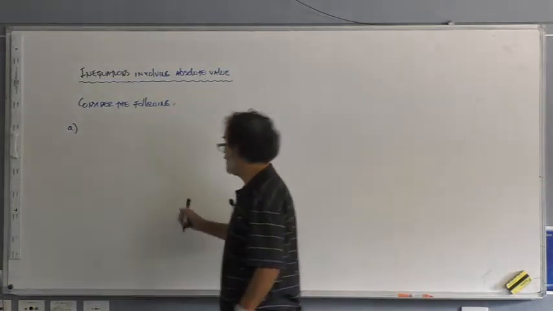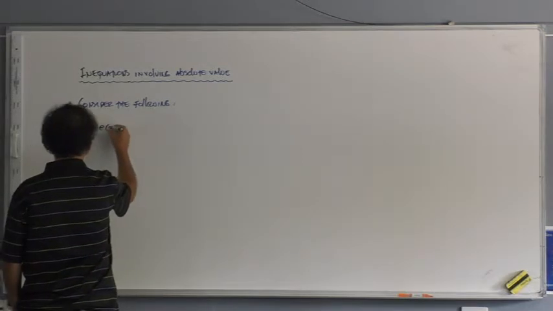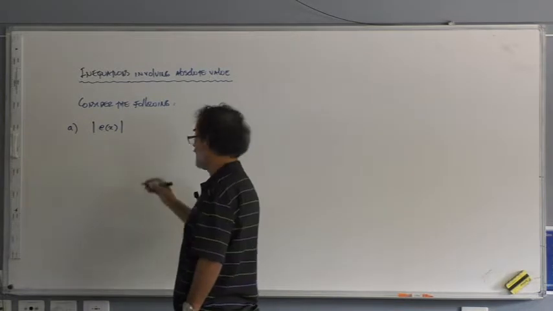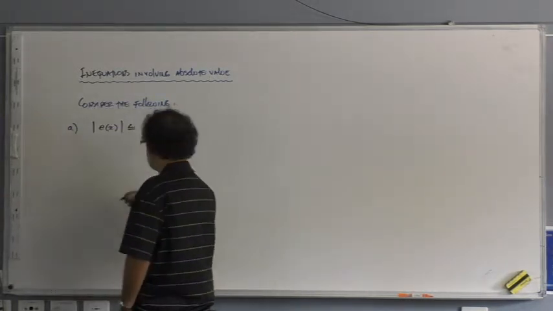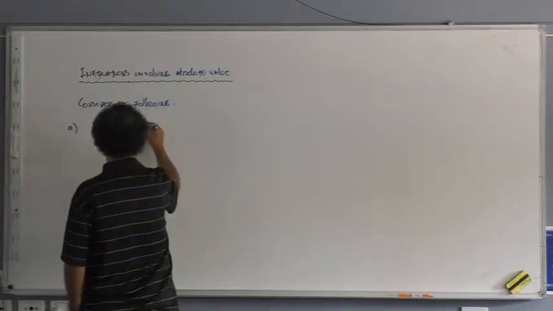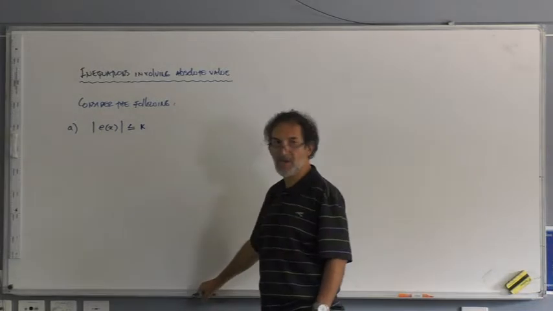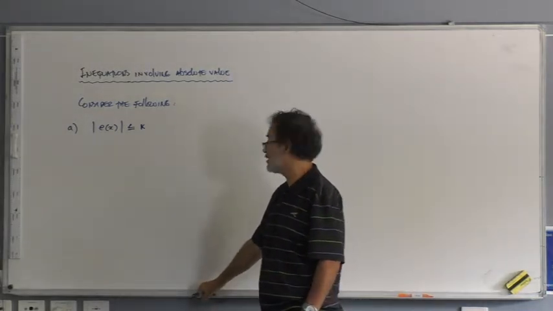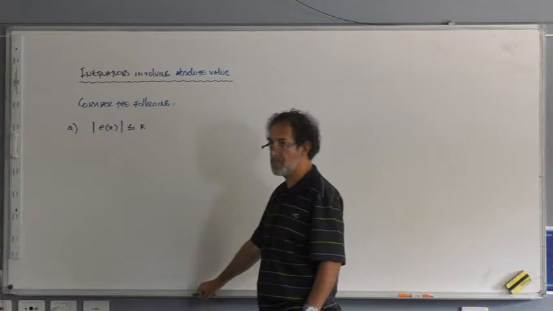Hey, if you have any expression in x in absolute value less than or equal or less than a number, let's say that if you have the absolute value of any expression in terms of x less than or equal to k, where k is any number,